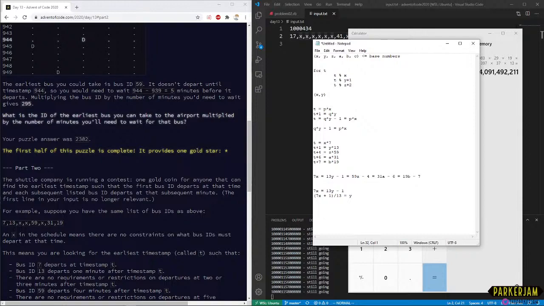And we also know that 7x equals 59z minus 4. Oh, that's gross. So actually, if we flip this around, we solve for x instead. x equals 13y minus 1, divided by 7.